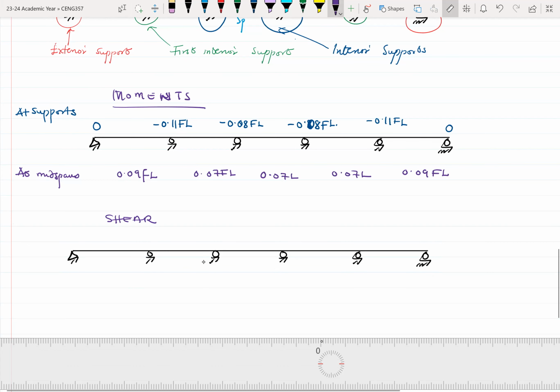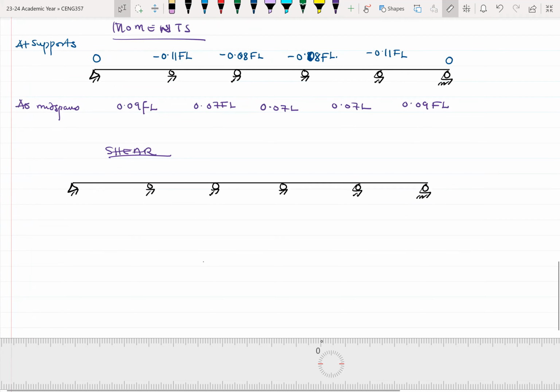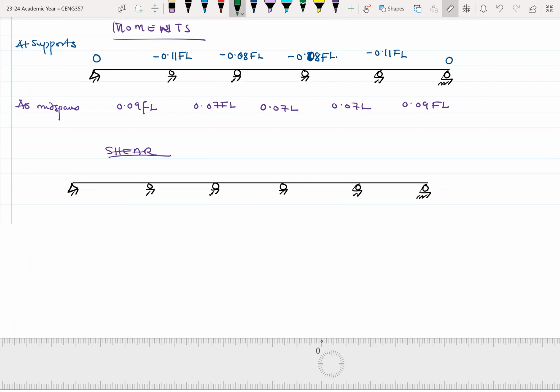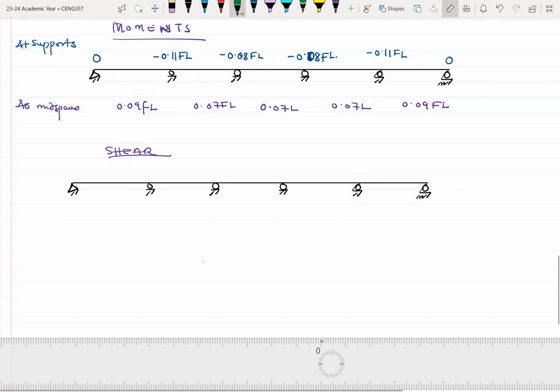So for shear, what we are concerned with, usually shear will be maximum at supports. All right. So the shear at the outer support will be 0.45 FL. Then the shear